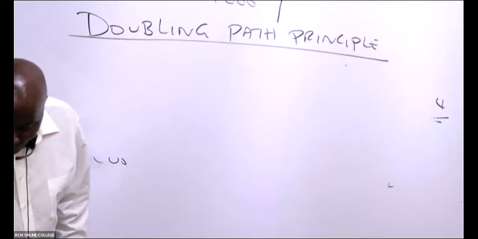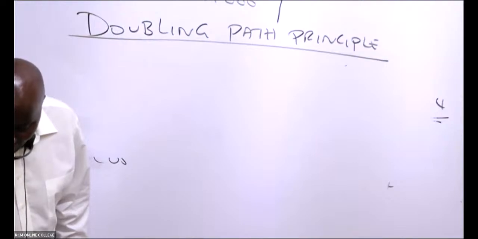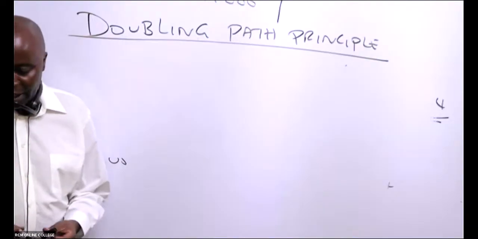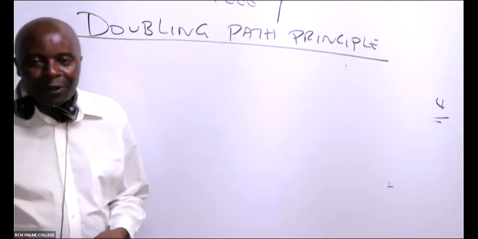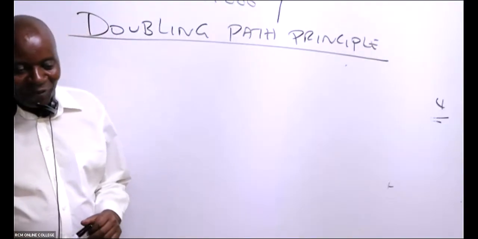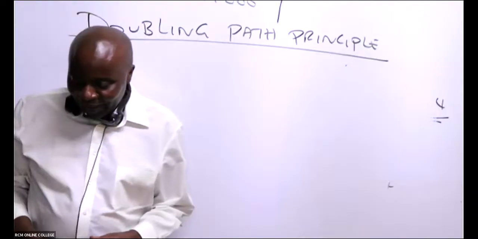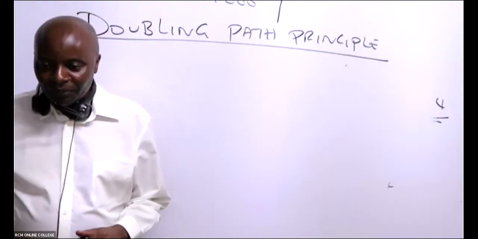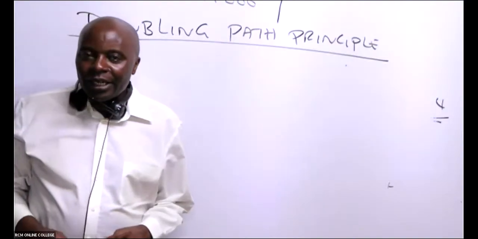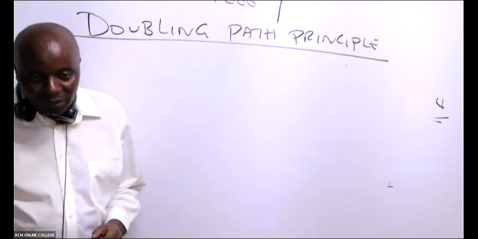When anybody mentions the word doubling, or double, it means what? Two. Double means two. Tell us there the doubling path principle. Oh, they haven't finished writing the title. The doubling path principle